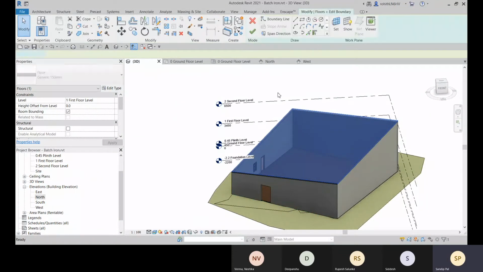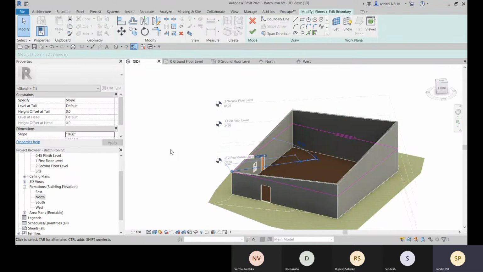let's go for the edit boundary option and let's select this. And rather than specifying this slope, you can go for height at tail, can just specify the height at tail. So height offset at head, you can provide there.